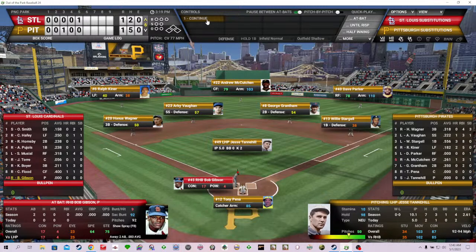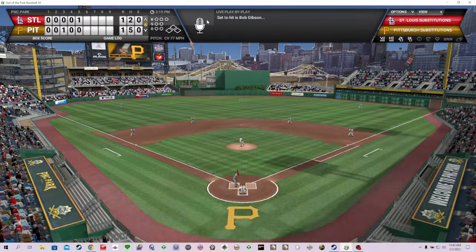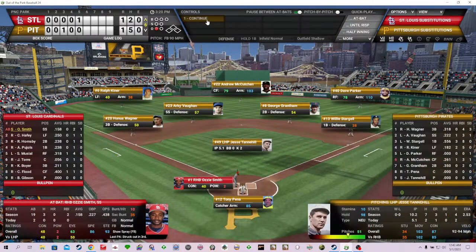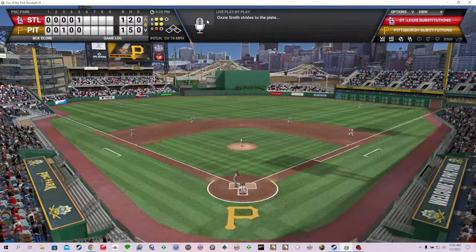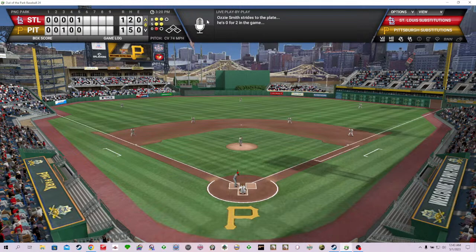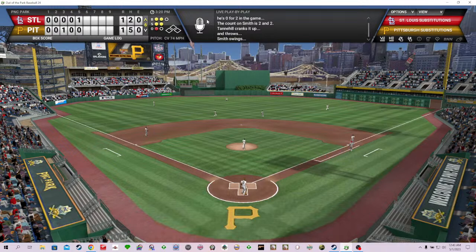Bob Gibson, Ozzie Smith, and Chick Hafey. Tannehill deals now to Bob Gibson. Gibson, ground ball to third. Hannes Wagner fires across the diamond to retire Gibson for out number 1. Top of the order now for shortstop Ozzie Smith, who's nothing for 2. Tannehill with the 2-2. Smith swings, and this a little flare to center, and this is going to get down